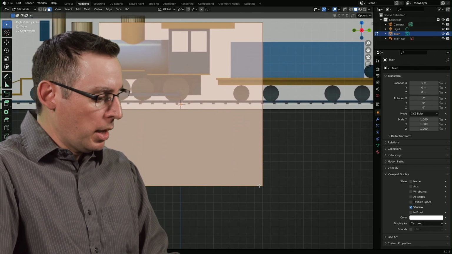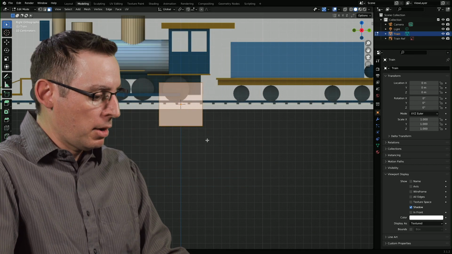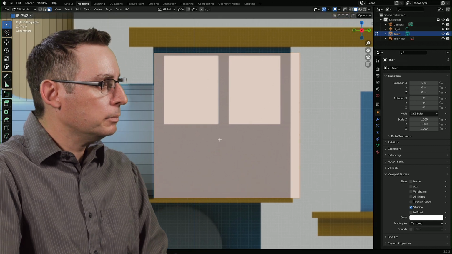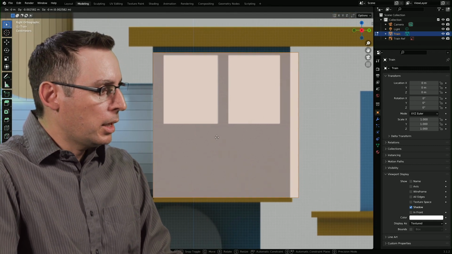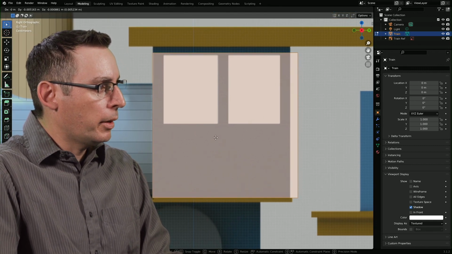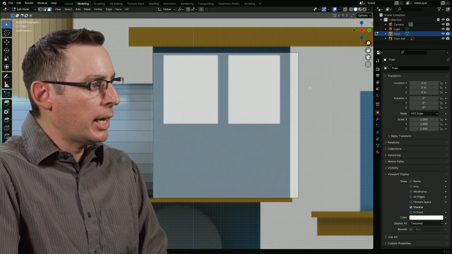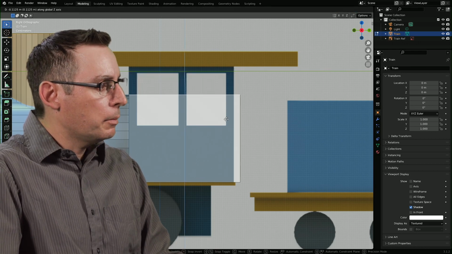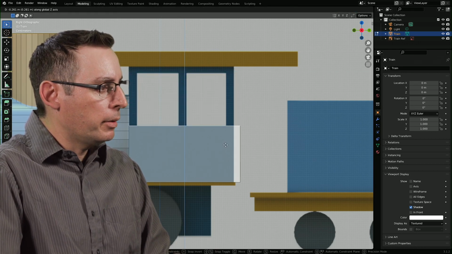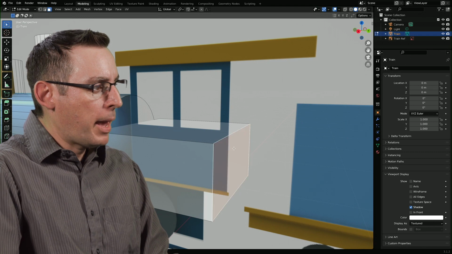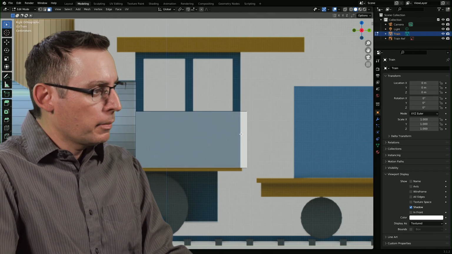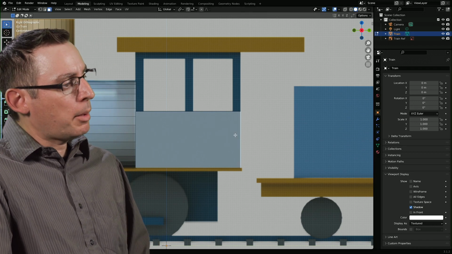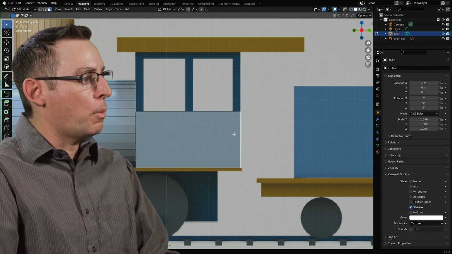It's way too big, so let's make it a lot smaller just by hitting scale, grabbing it, and moving it roughly into place. Something like that. All right, let's get it where we want it to go, somewhere right around in there. Now let's get the height where we want it to go. Grab that top one. Move it down somewhere right around in there. I'm happy with that. Let's grab that back polygon. Same thing. Hit the G key, move it along the Y-axis, and there it is. We've established the height and the width of that wall panel.